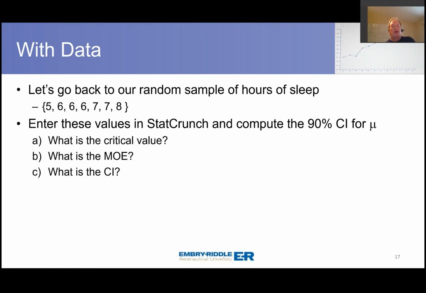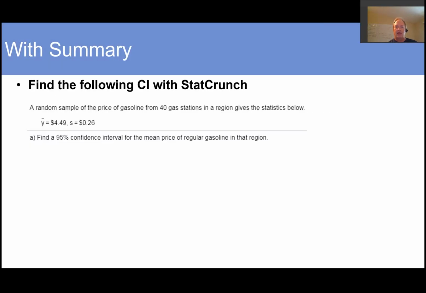Okay, so very often we're not given a data set, and we're going to be given summary statistics. And this is an example. This is a problem, say, from the book. A random sample of the price of gasoline from 40 gas stations in a region gives the statistics below. The sample mean is $4.49. S is the sample standard deviation. That's 26 cents. And they want us to find a 95% confidence interval for the mean price of regular gasoline